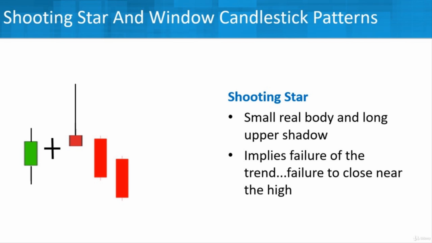And what it's doing is it's implying the failure of a trend to continue. It's a failure to close near the high, the high being that whole long upward shadow on the trading range going up. It's not getting you near how high it got during the trading period, the trading day, for example. It's coming back down. So you can see in the example here, we have a green candlestick, and if there